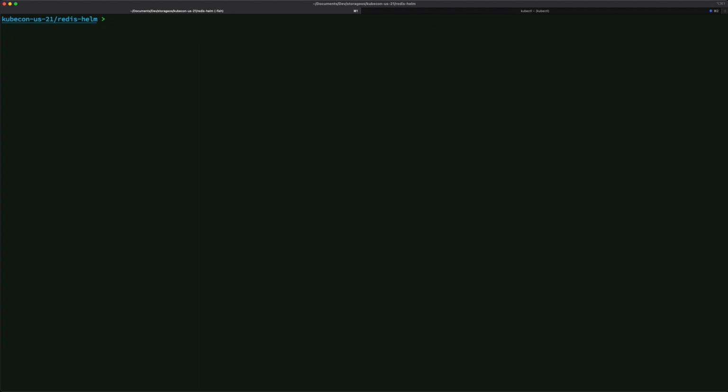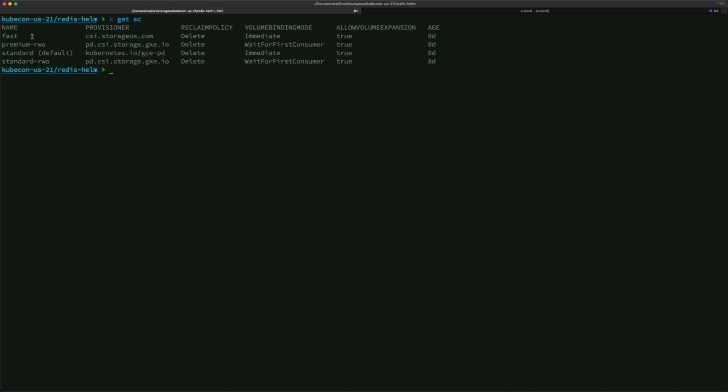Now, let's check some of the components that are available after installing the Ondat cluster, starting with the storage class. So we can see that one storage class named fast is available after installing the Ondat cluster. Now we can get a quick look at it. We can do kubectl get storageclass fast -o yaml.